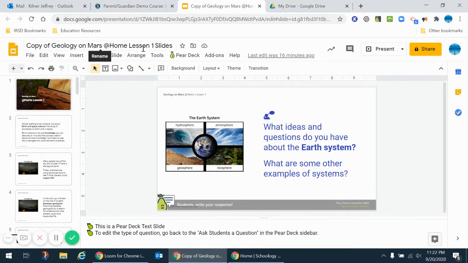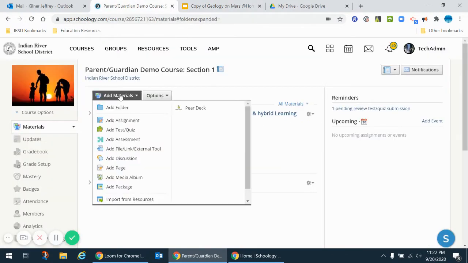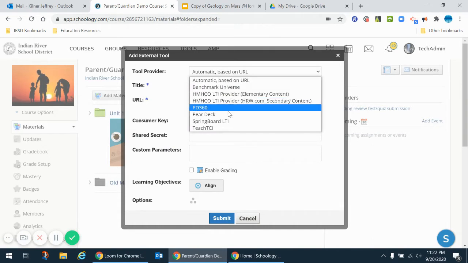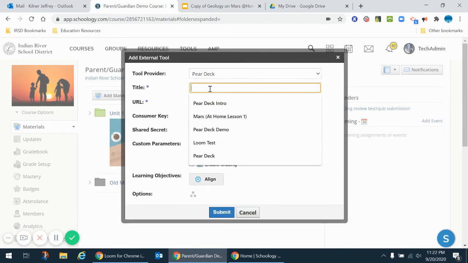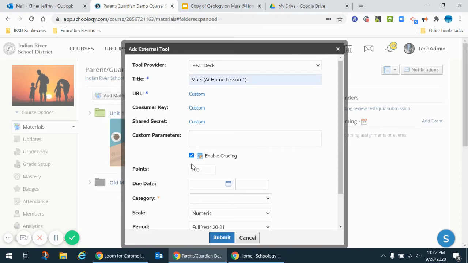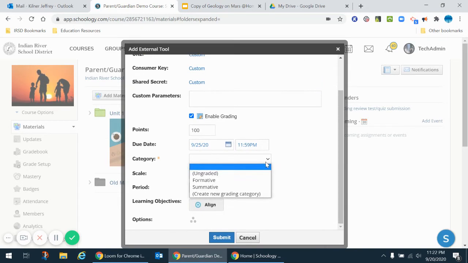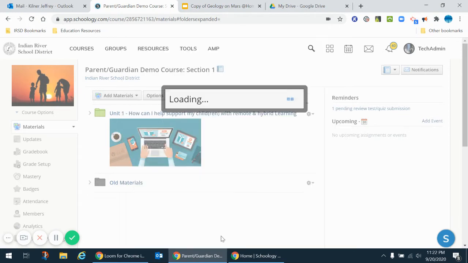As a teacher, with this at-home lesson, my goal is to run this asynchronously. So I'm going to click Add Materials and then add it in as an external tool. Pear Deck is the tool provider, and I'm going to call this Mars at Home Lesson 1, and I want this to be graded. So I'm going to make it out of 100, say it's due on Friday, and it is a formative. So I can go ahead and hit Submit,